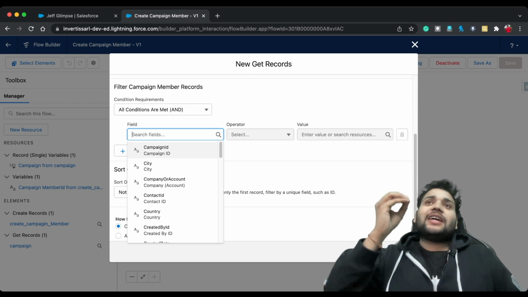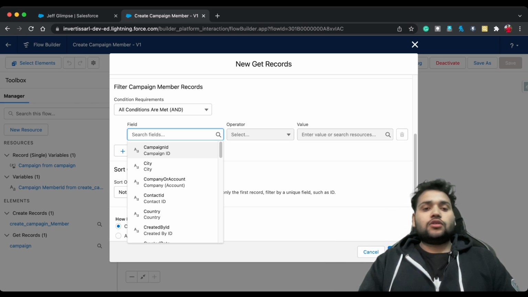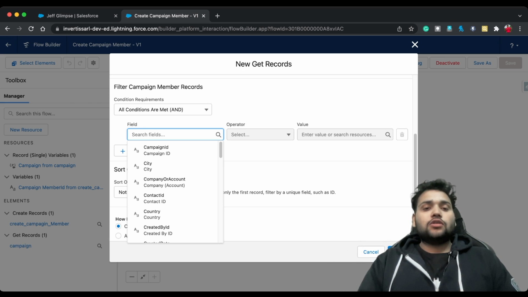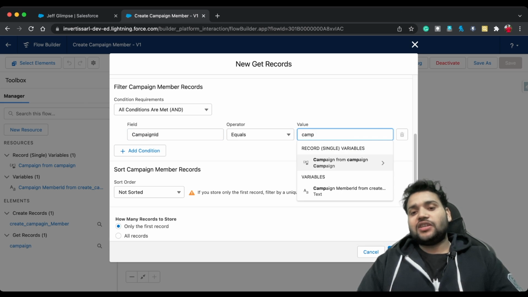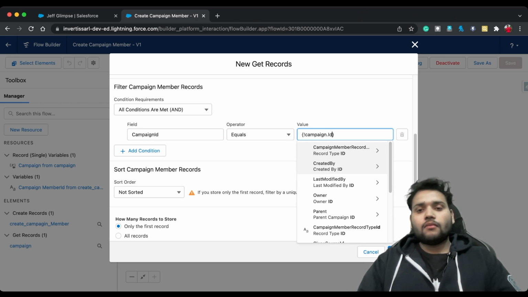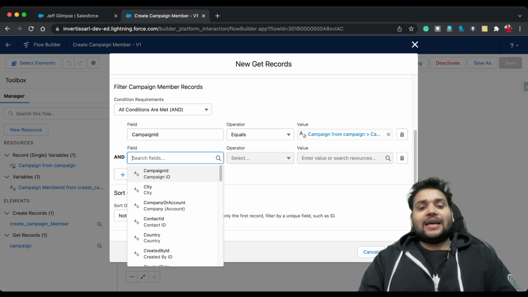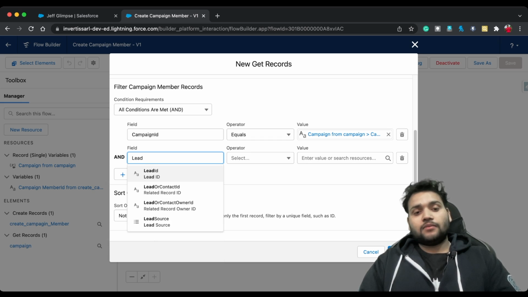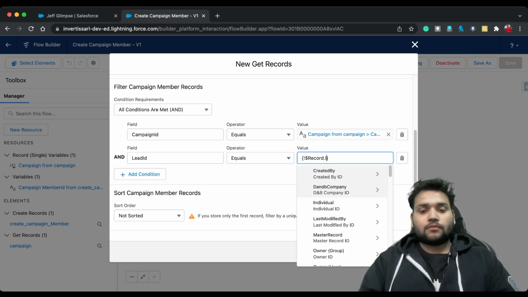First is what is the campaign ID in which the member we are looking for, and the second is lead ID. What is the lead ID, right? So in campaign ID we are going to provide our campaign from the Get Records element, and in the second condition we are going to provide, as you can see, lead ID, which comes from record.Id.